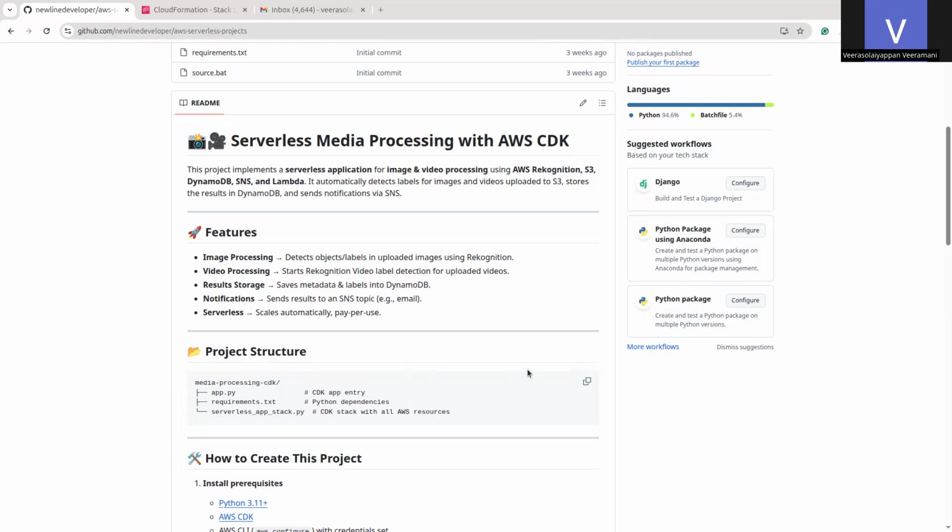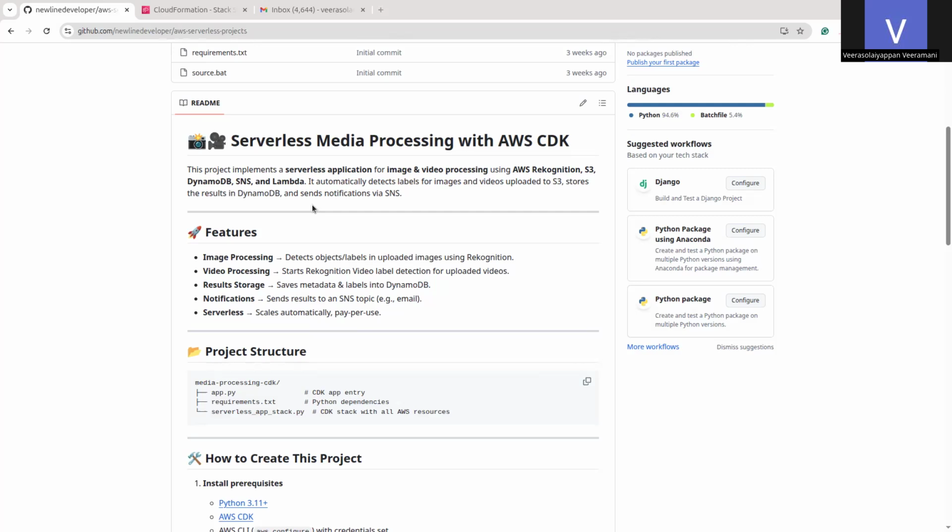Okay, hi everyone. In this session, we are going to discuss the use cases of how media processing systems work, where media files are JPG images or video files, and how we can get the details from those types of media files. The entire system we are going to build with a serverless architecture and AWS services, which is